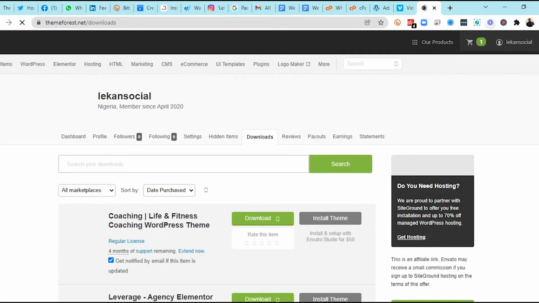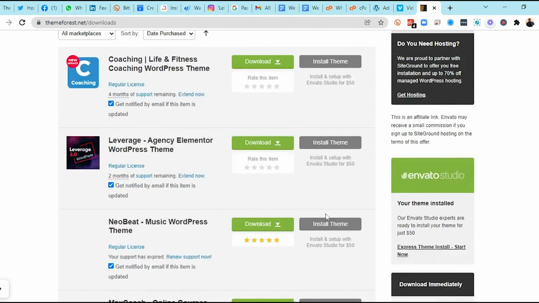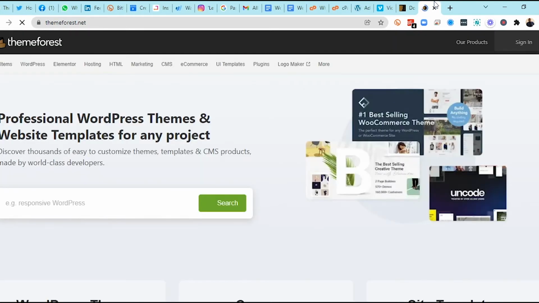But if you haven't purchased a theme yet, you can see all the themes that I have, lots of them there. If you haven't purchased a theme yet, what you're going to do is go back to Theme Forest. Remember when we were doing strategy and planning, I said you should research the kind of website you want to do, understand the research part of web design and all that. So if you know the kind of theme you want to design, or if you don't know,